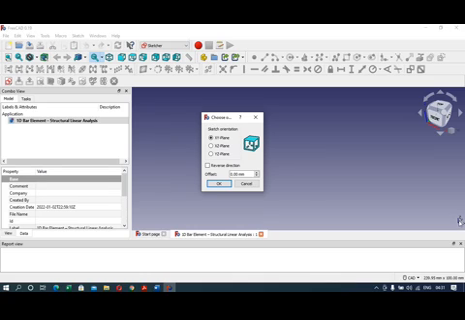With reference to these axes you can select the particular plane. Here I will select the xz plane to draw the bar. So OK.